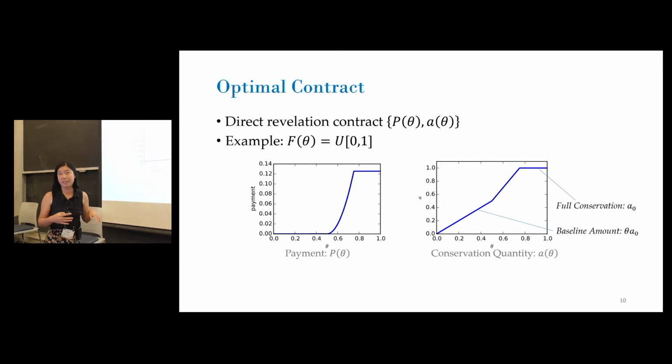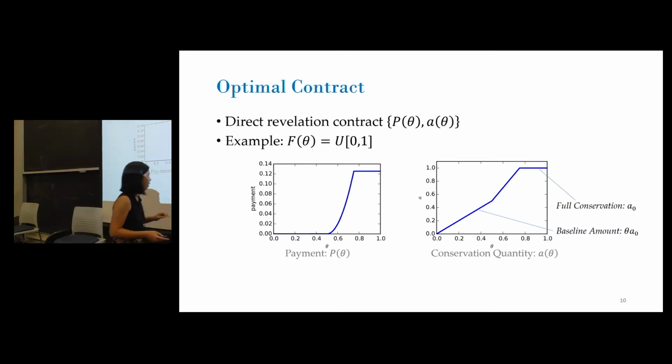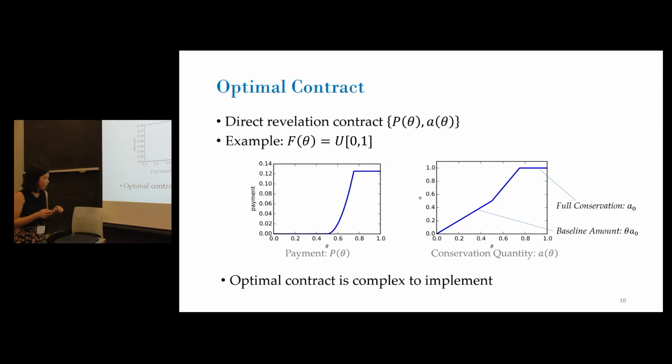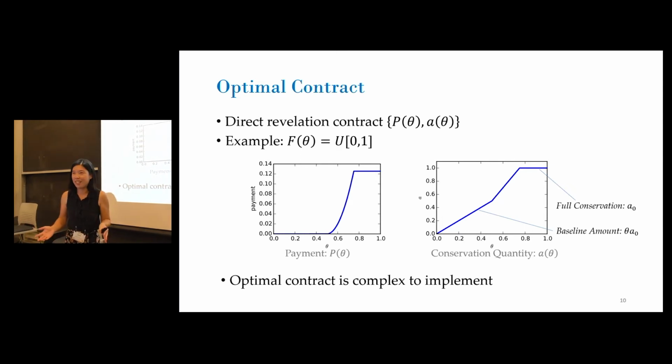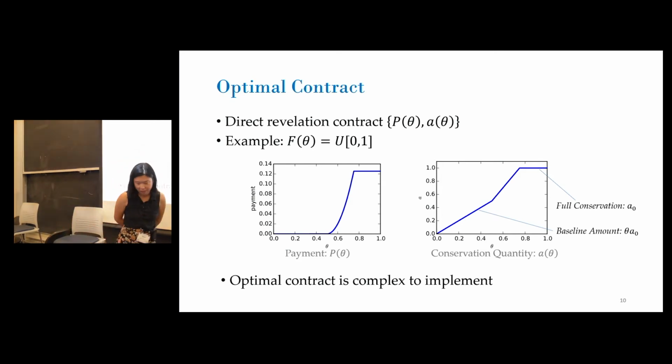And so if we take this standard contract theory approach, we're going to get an optimal contract that looks something like this. I'm not going to spend too much time explaining the shape of the optimal contract. The thing to take away from here is on the left I have my payment regime as a function of theta. On the right I have the conservation quantity. And the thing to take away is that this optimal contract is something that's really complex to implement in these smallholder farmer settings. Right? Like we were actually talking to some folks at the Nature Conservancy who were telling us, oh,